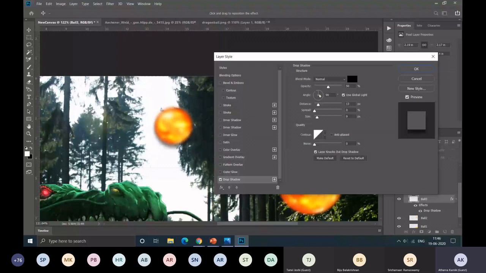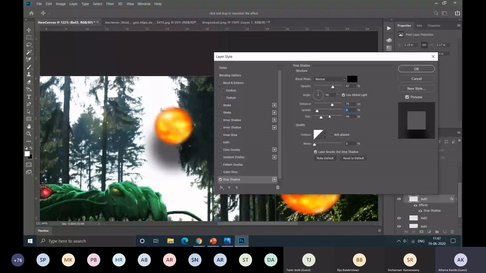Suppose it is 67. You can alter the distance of the shadow from the object like this. You can alter the spread and the size of the shadow. By playing with these options, you can just be familiar with the drop shadow option.